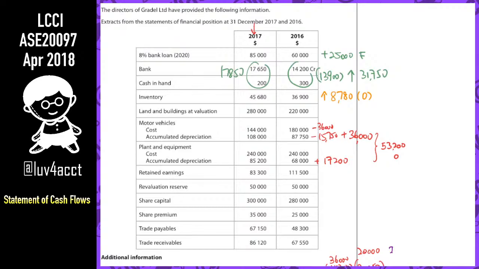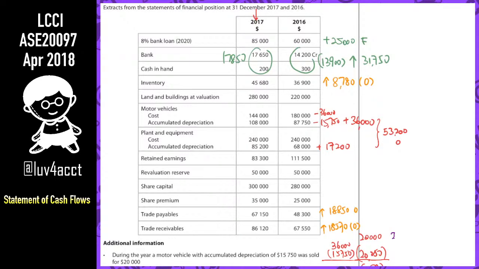Trade receivables 18570, 18850. Okay. Here we have